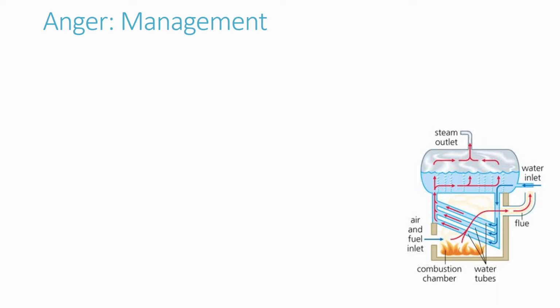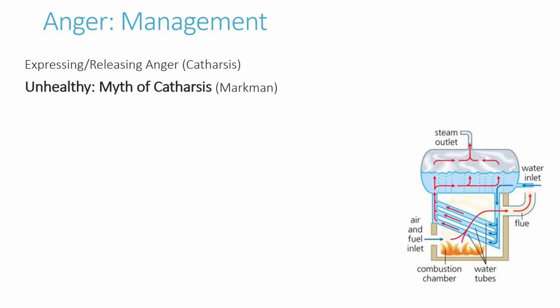Managing anger, there's a word that's used with anger management called catharsis, and that's really expressing or releasing anger. Back in the 1970s, this is when catharsis was developed with psychologists as a way to help release deep-held anger issues. It included releasing emotion through primal screaming, hitting a punching bag or something. This was thought to be a healthy way to manage anger, but some research found that these actions may contribute to feelings of more aggression, and possibly this could become the habitual way to respond rather than more healthy processing